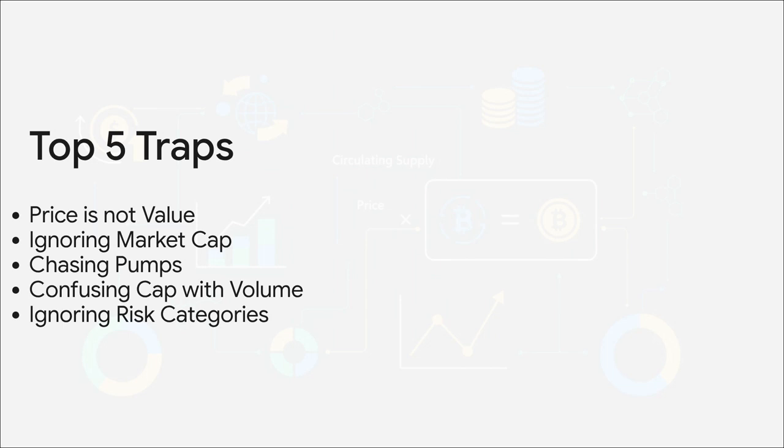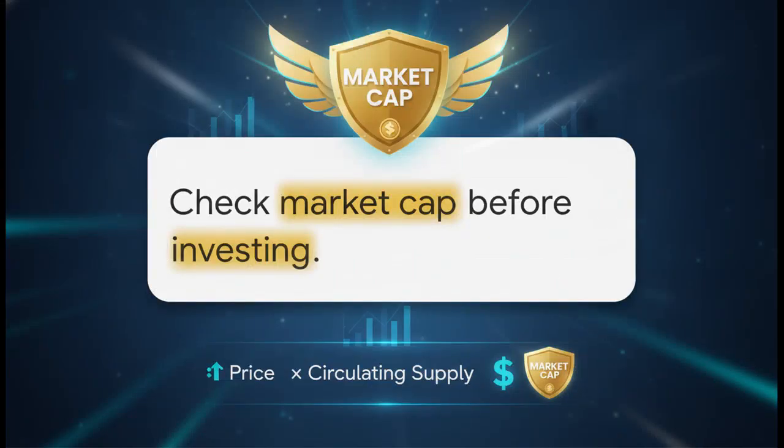So, what is the absolute biggest takeaway from today's explainer? Before you ever hit that buy button, you must check the market cap, always. Compare projects by their total value, not by the random cost of a single coin. Figure out if it's a large, mid, or small cap project so you actually understand your risk exposure. And definitely remember to use market cap alongside trading volume and liquidity. It's an absolutely vital tool, but it's just one piece of a much larger puzzle.